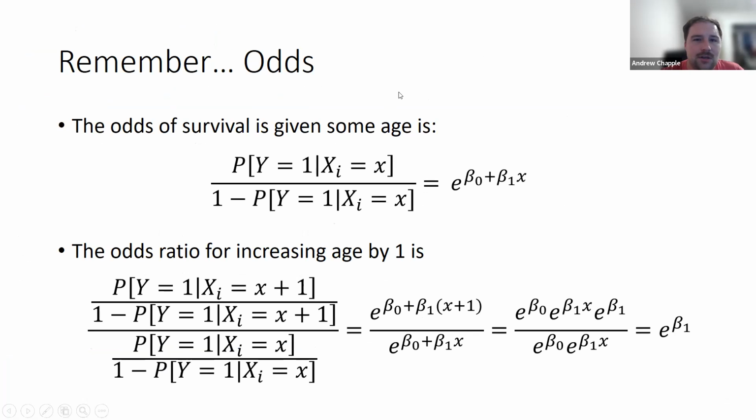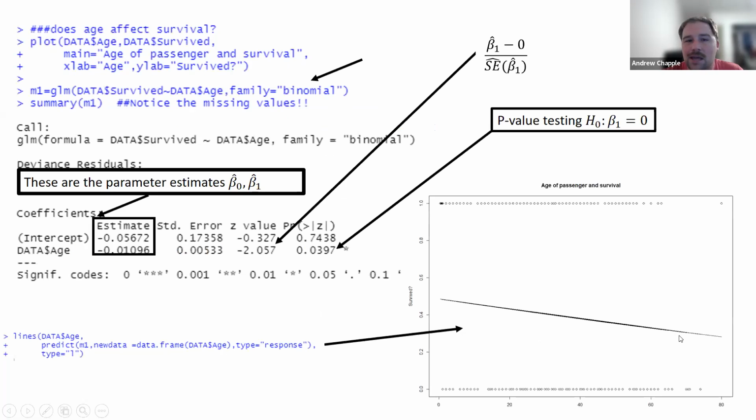Okay, so I want to talk about odds ratios here. The odds of survival given some age is the exponent of this. That's just the definition. Odds is just the probability of an event over the probability of not the event. That's this here. So if I want the odds ratio for increasing age by 1, I would just put x plus 1 in the top and x on the bottom like this, and I end up getting e to the beta 1. So what that means is this estimate here, when you exponentiate it, so e to the negative 0.01,